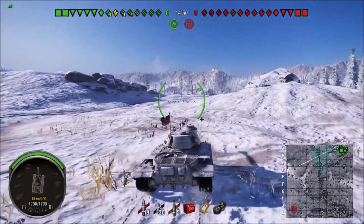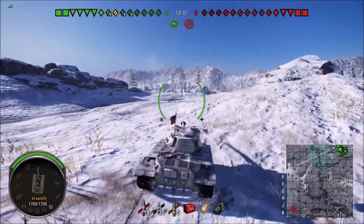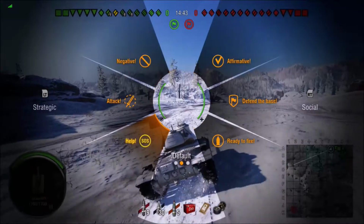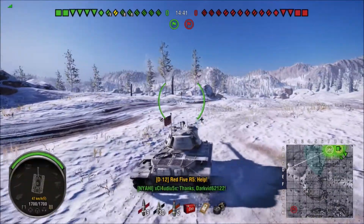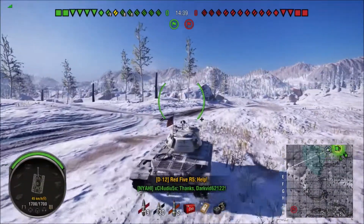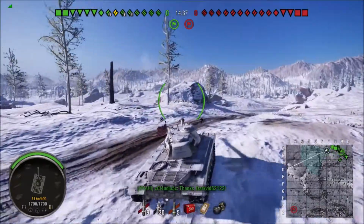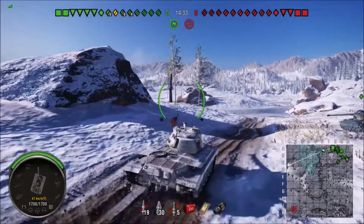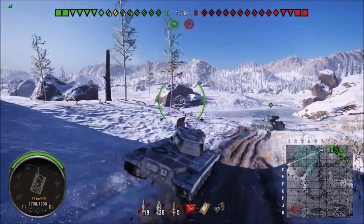Okay, so we're on Normanham, and in this game I'm going to be very useful to my team. I'm going to be lighting up the Reds. I'm going to be the scout. I'm going to give my fellow tankers, my fellow teammates situational awareness, and the basic reason, the primary reason